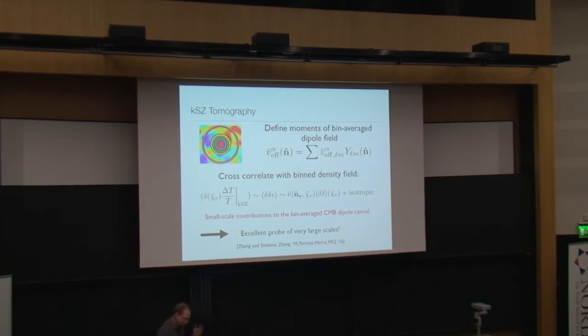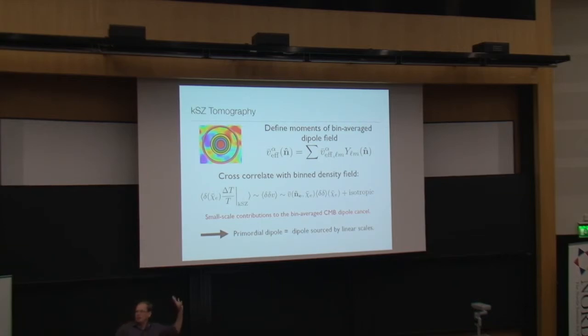Okay, so in many applications of KSZ, that's what you want. That's your signal, so you square things. But I don't want that. I want to throw away all the small scale stuff. And this can, in principle, be an excellent probe of large scales. A lot of these ideas were pioneered by Pengjie Zhang and Stebbins 7-ish years ago, and then we picked this up to explore it in a little bit more detail. Okay, so